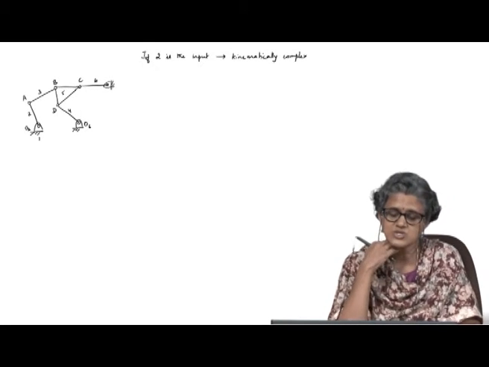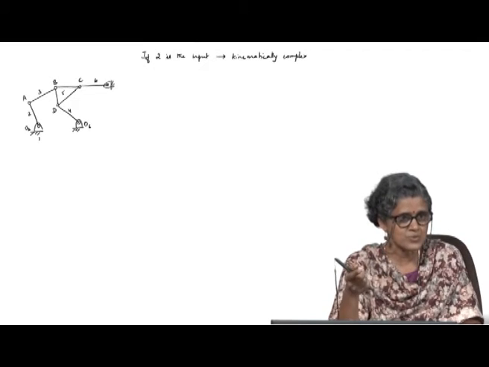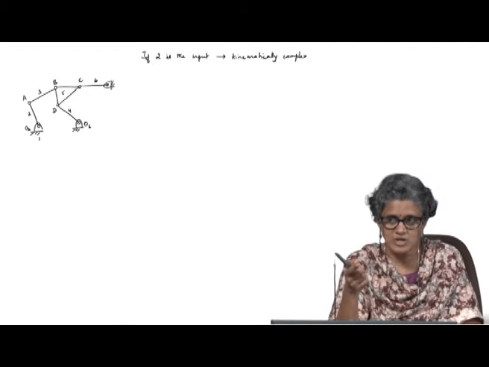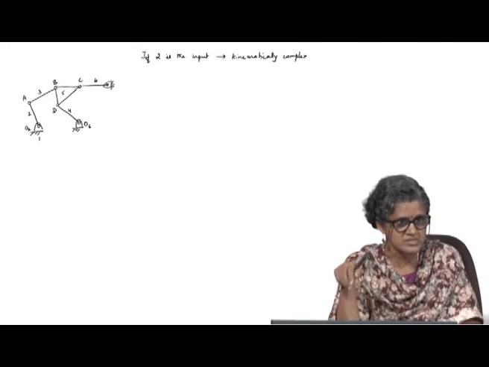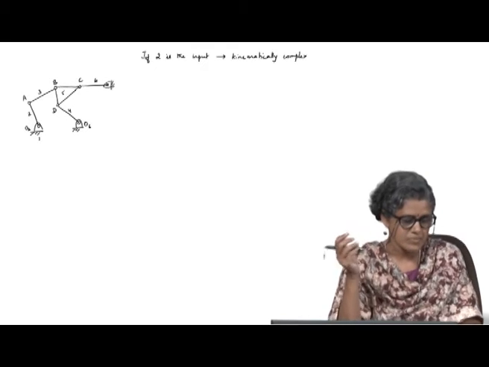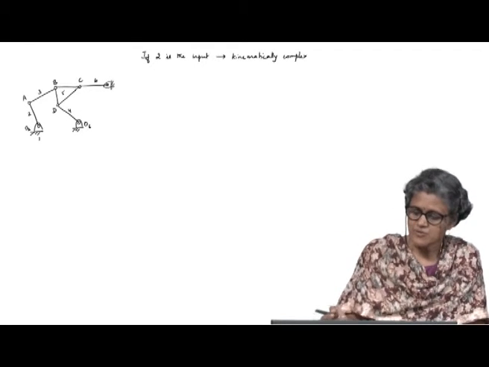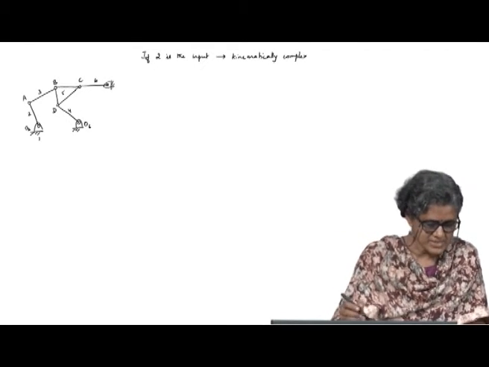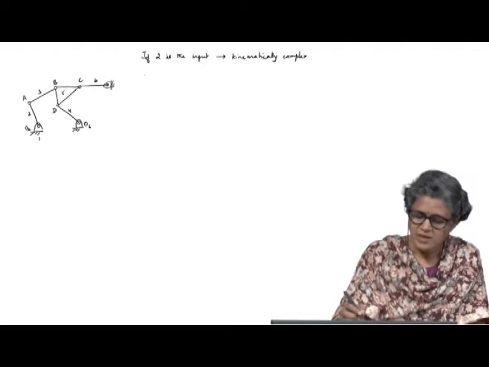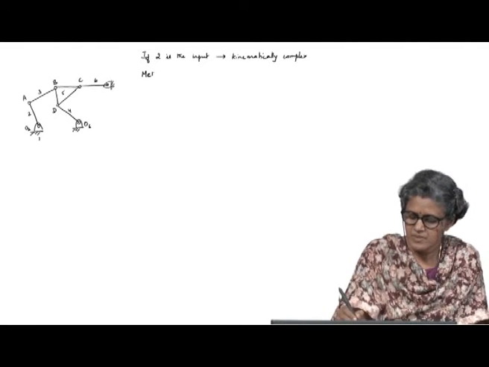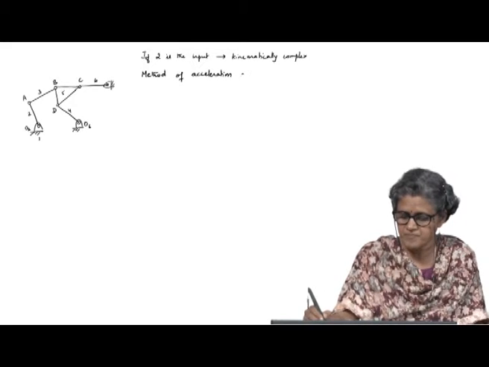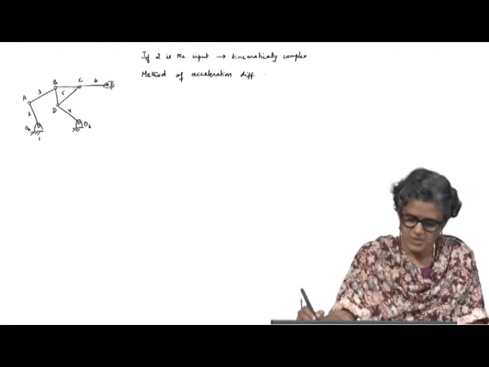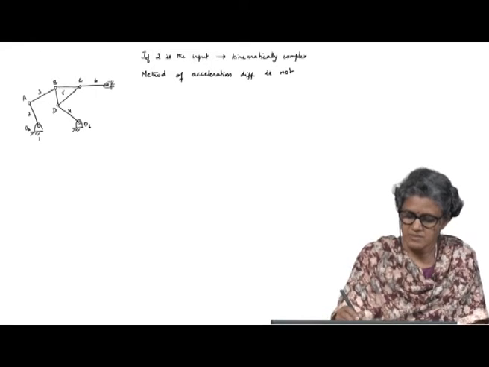Okay. So, you can't scale it directly like you do for the velocities, because you saw that every point has 2 components of acceleration. So, it is not as straightforward as the velocity analysis, just inverting the mechanism. So, in this case, the method of acceleration difference or relative acceleration is not feasible,